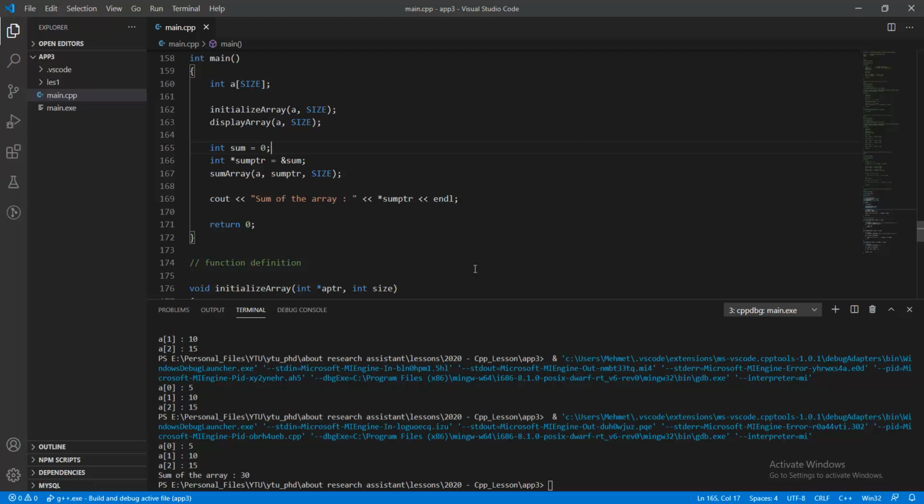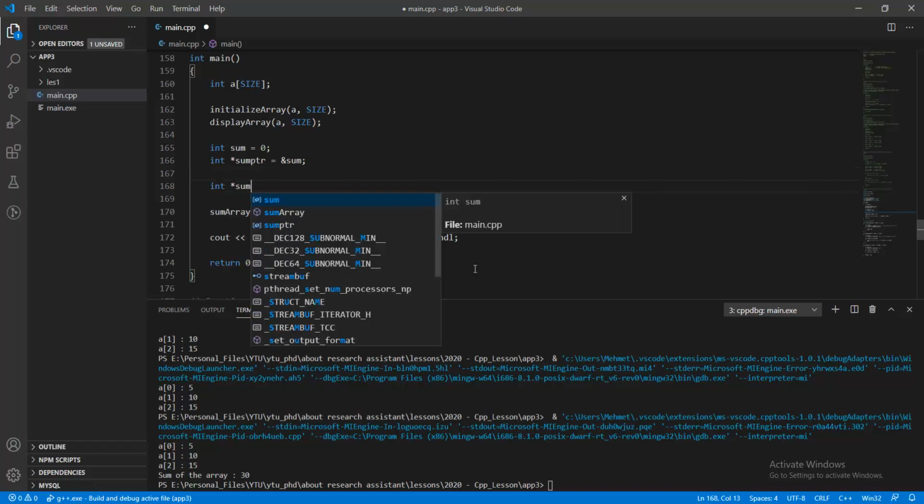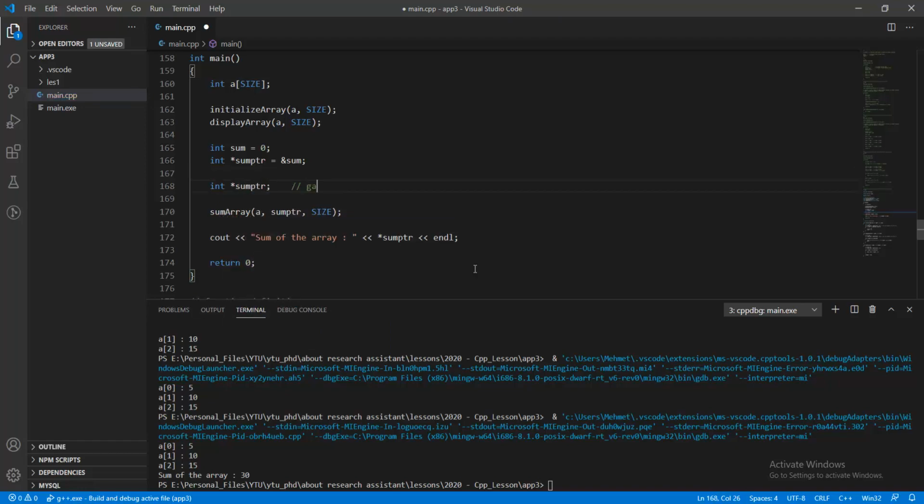So we need 4 bytes to point to the start address of the sum, and we can only use sum ptr in this notation because in the first place int star sum ptr is a garbage value. It didn't point to anything in the memory block. That's why we got the error in the previous example. Okay,